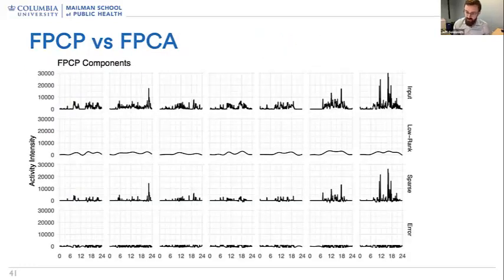And what I do want to show are some of the results of this analysis, where we've taken physical activity data in the top row and estimated a low rank structure, something that looks like the 24-hour mean for an individual, and then separated out, in this case, a very large error, something that seems like a noticeable deviation from the subject-specific mean here, put that into a sparse error term, and then had some amount of noise that exists on top of that. And again, our hope in doing this is that by separating out these sparse errors, we'll be able to say, for example, this is a bout of intense physical activity. This is when somebody has been noticeably physically active. They were running for the